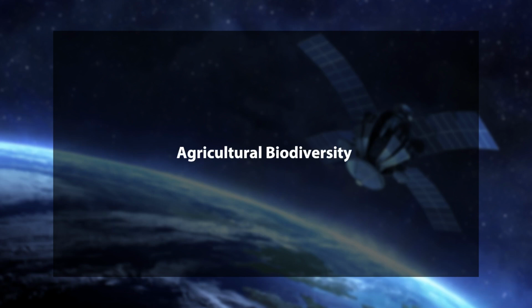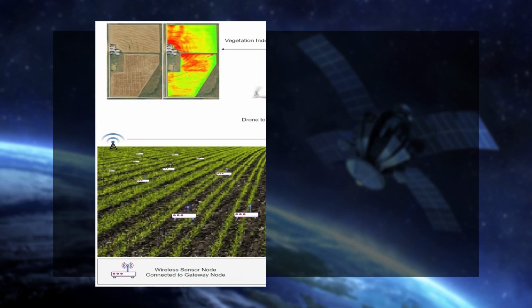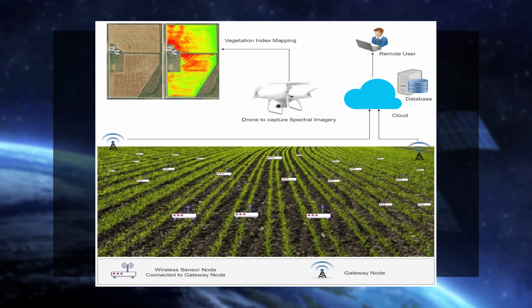Now, let us briefly delve into agricultural biodiversity. Agricultural biodiversity is a broad term that consists of all components of biodiversity related to food and agriculture, and all components of biodiversity that constitute the agricultural ecosystems, which are essential to sustain crucial functions of the agro-ecosystem, its structure and processes.